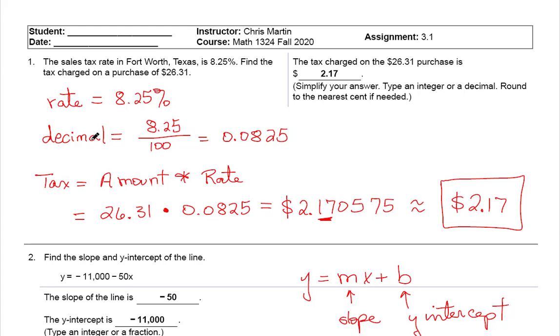To turn this into a decimal, I take the number and divide by 100, so 0.0825. And the tax is simply the amount multiplied by the rate. So our amount is 26.31. Multiply that by our rate. And so I get